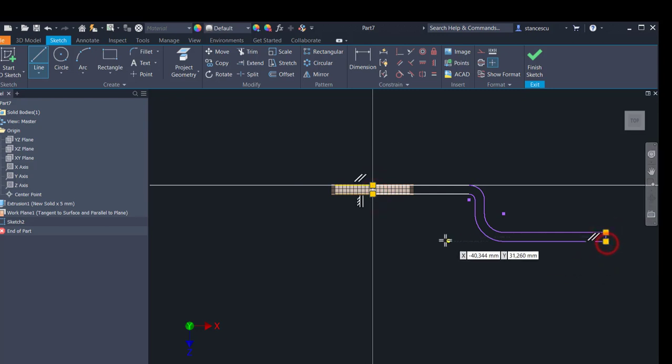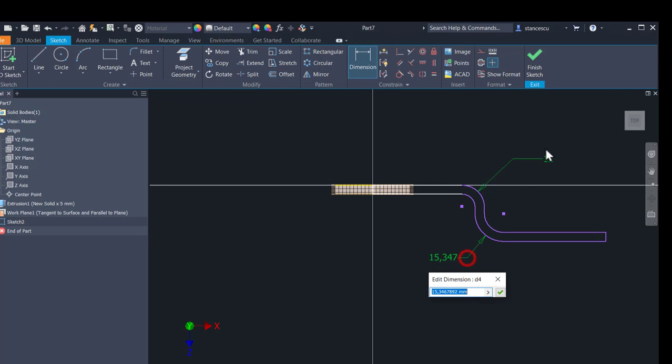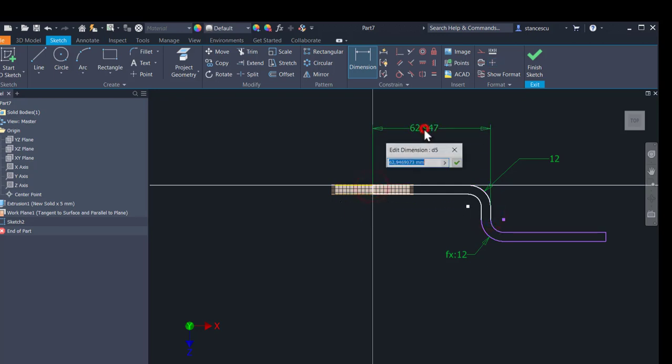and we apply dimensions: radius 12, same radius here, the distance from the external line to the center point of 65, a total length